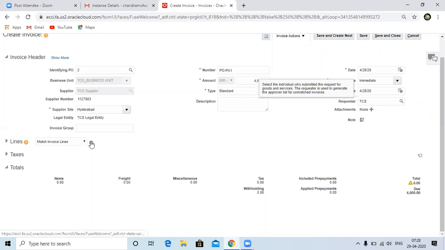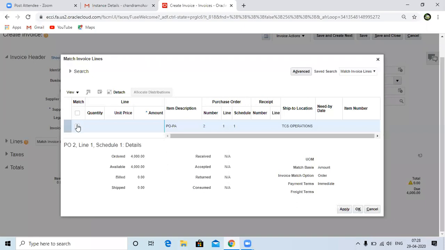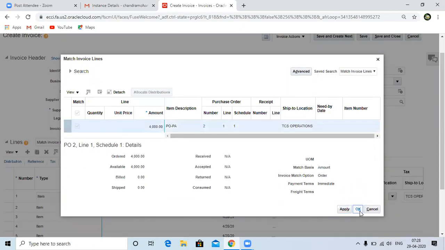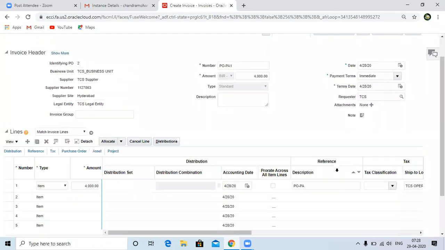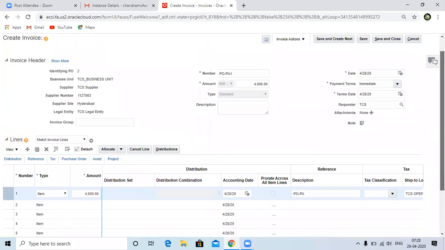Here click on select the matching invoice lines and click on go. So let's select this one and click on apply and click on OK. So I'm just matching the invoice lines with the purchase order.